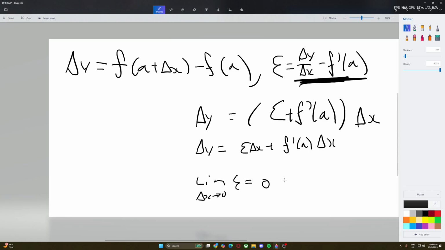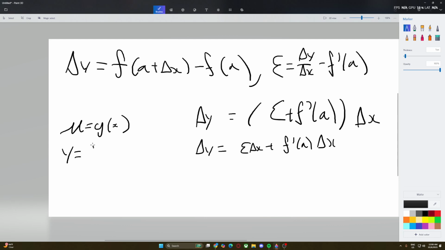So now that we know this is what we have, suppose another function u equals g of x and a function y equals f of u. If you simplify it even more, it'd be f of g of x. This is where the chain rule comes in. So we define that,